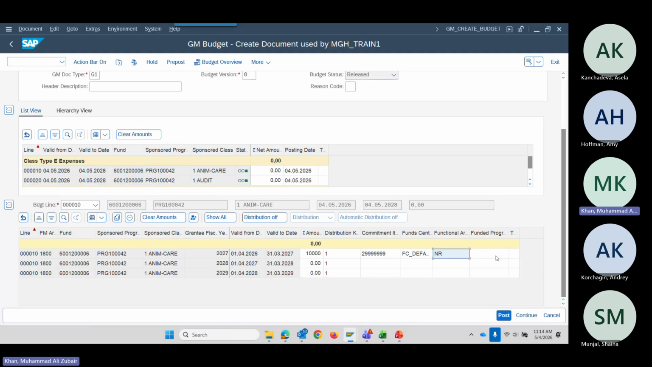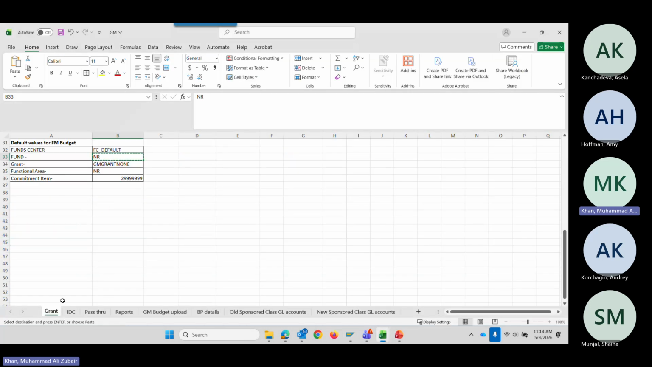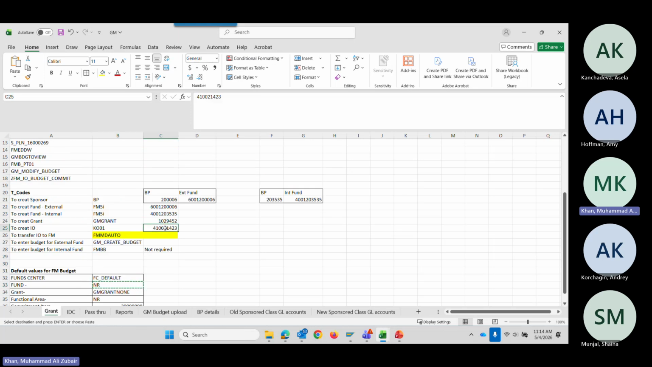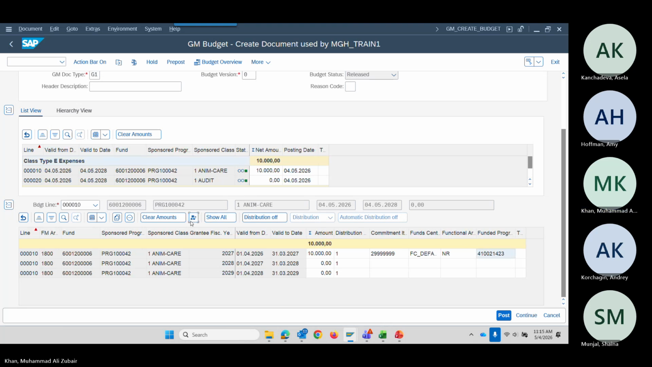So now the funded program. You have to remember in FM, funded program means internal order or WBS. So you have to put the original or actual IO number. In our case, the IO number is in the 4100 series. Come here, mention it there. Amount we already mentioned. So you enter the budget for the first sponsor class. Press this button. It will take it up there. You will see zero here now, but once you're done,